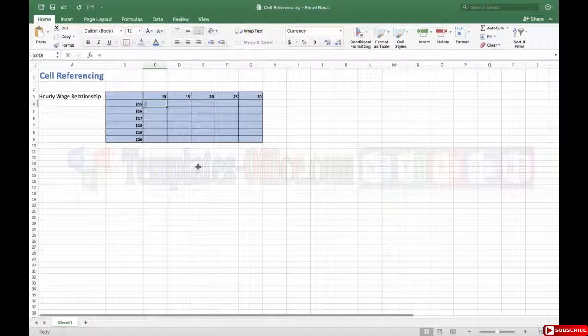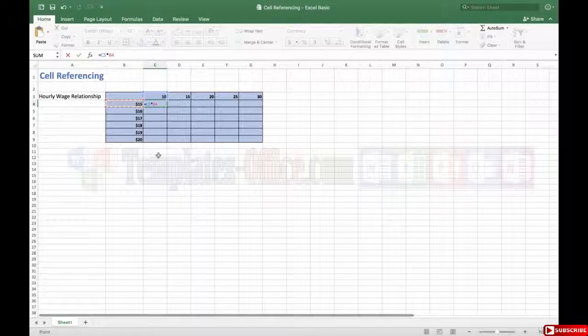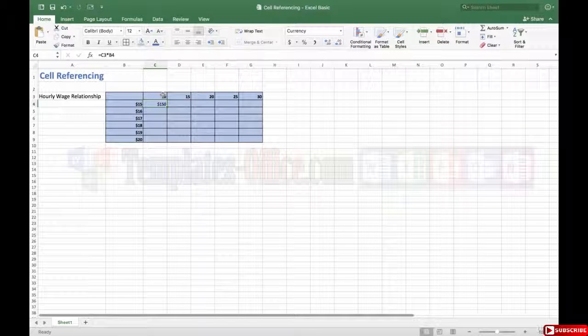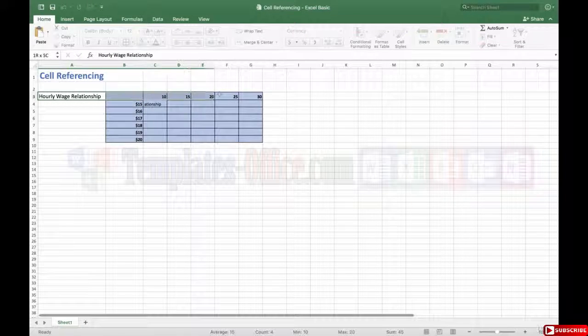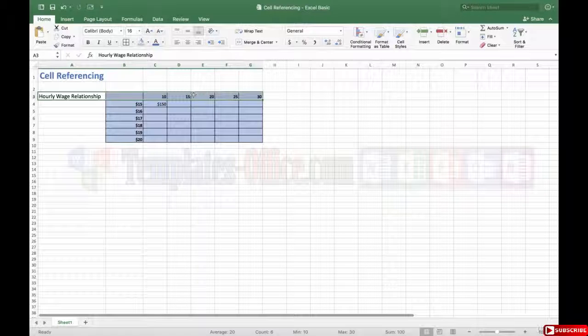Well, we always want to start off with our equal sign, do that C3 multiplied by B4, but before we move on and copy it, we want to fix the cells. So what are we trying to fix here? What are we trying to focus on as we move over? Well, we want to focus on the number of hours worked. So let's go into here, and what are we referencing on that line? We're referencing C3 as our hours worked. So we want the column to shift over, but we always want these numbers to be referenced on the third